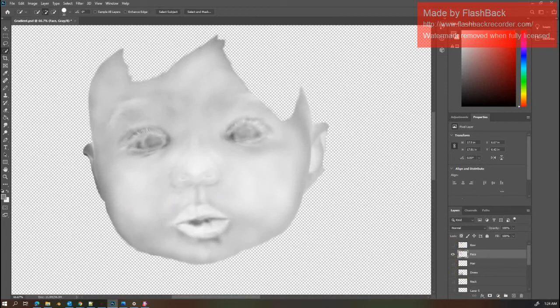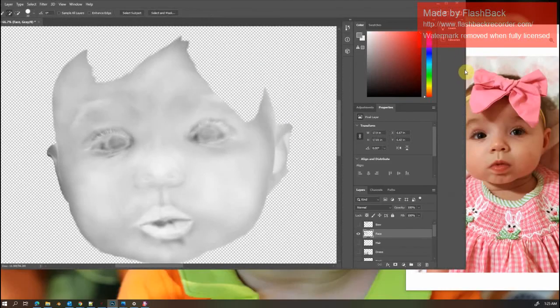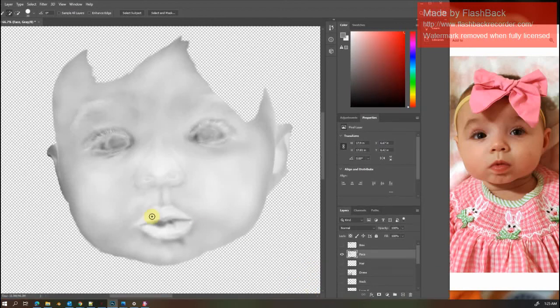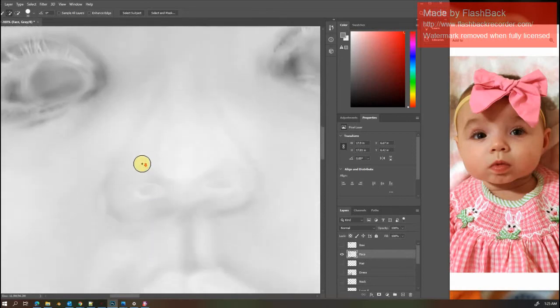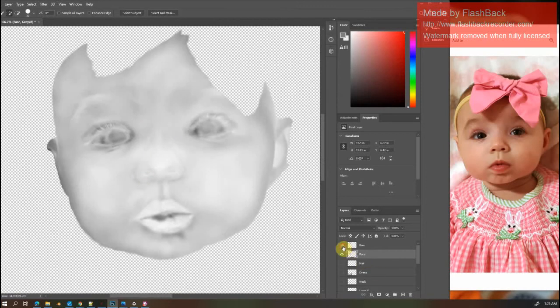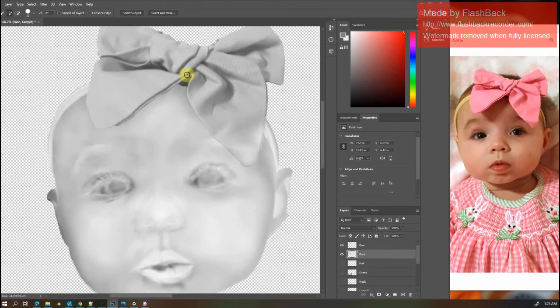So the quick rundown is going to be take your image, and I kind of look over it, and you can see where the parts of the face raise and where they lower. And as a whole image, you can adjust the different layers of this, how they'll be raised or lowered. So you know that it's going to bring the lights to the top, and it's going to cut down deeper for the dark spots. So whenever I isolate the bow, I can change